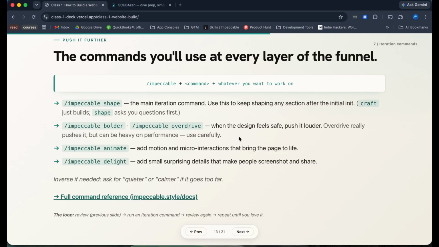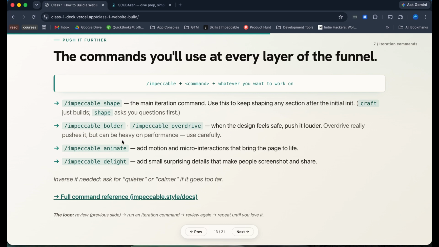This is why you do commits. You can commit and then go do an Overdrive pass, and if it just completely sucks and breaks everything, just go back to the commit. Tell Claude, hey, let's go back to the previous commit, and it'll undo all those changes, and you'll be back to where you started before the Overdrive. I'll walk you through that in a minute, but just to go through these other ones.